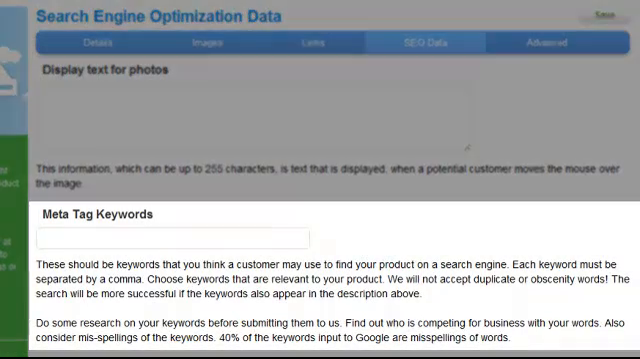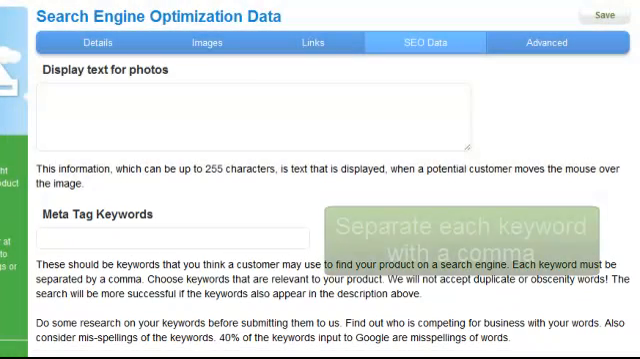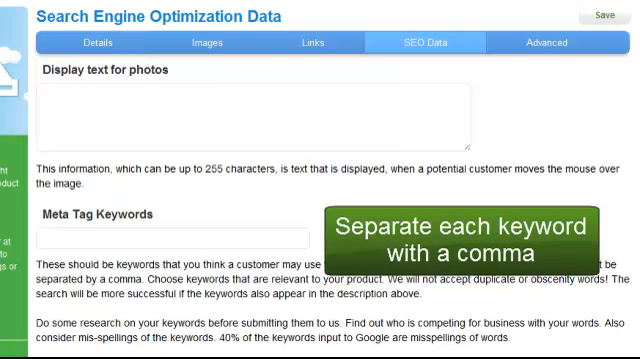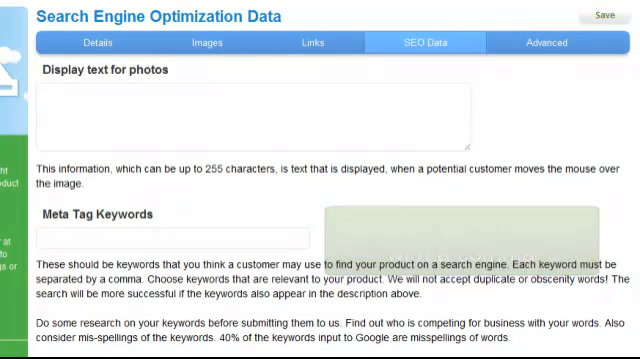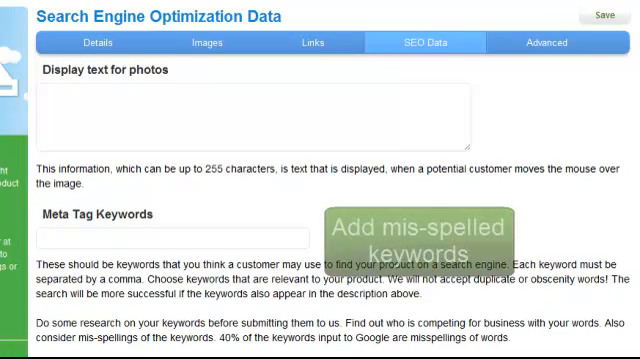The next field is for meta tag keywords. These are search terms that you think a customer may use to find your product on a search engine. Separate each of these terms with a comma. These terms will be different for each product and each enterprise. Also consider that 40% of the keywords input into Google are misspellings, so be sure to misspell some of your